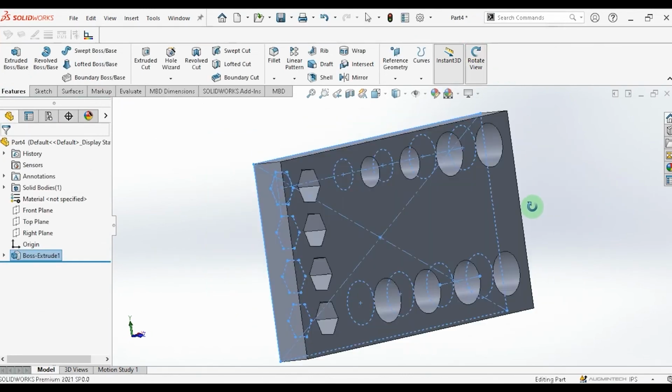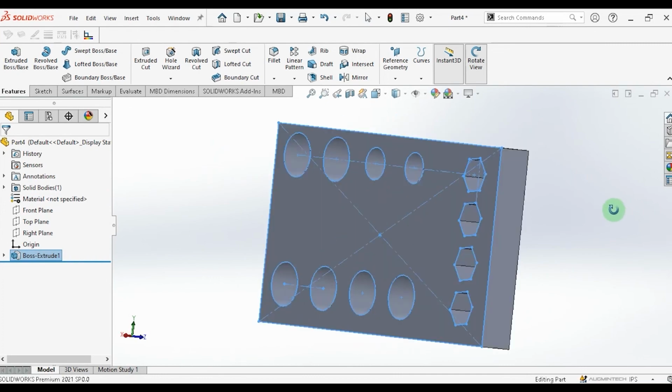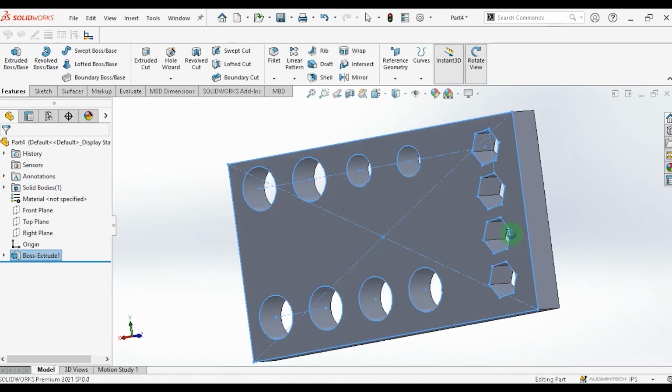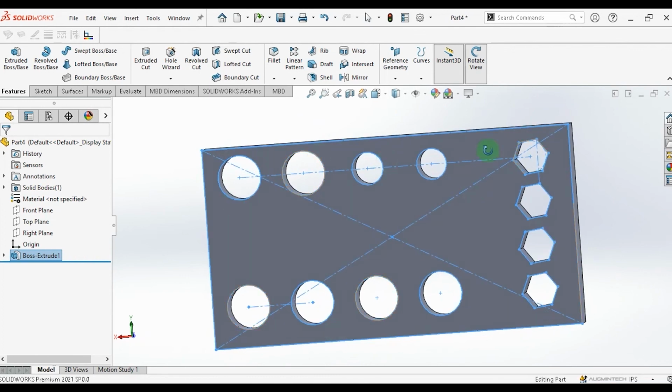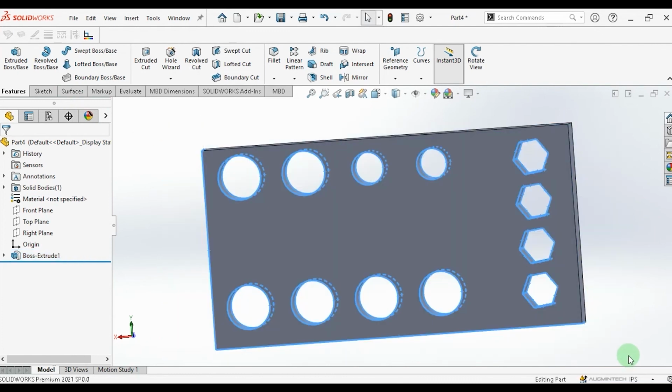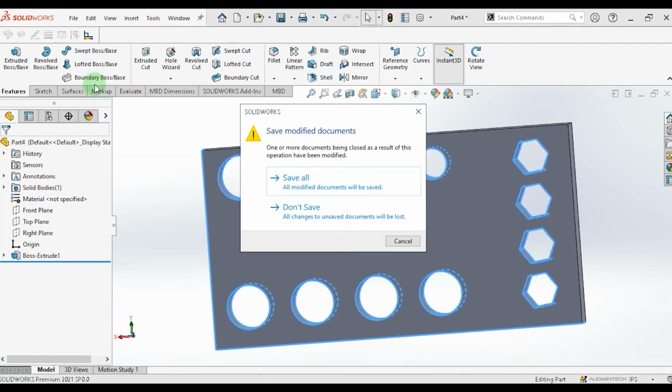By this way we can create the patterns or holes or any other thing on the surfaces, and whatever you want to do you can create with the sketch patterns efficiently. Now let's take a look at circular sketch patterns. I will select it and I will delete it. Now take a look at circular sketch pattern. So I will go to file, I will close it,